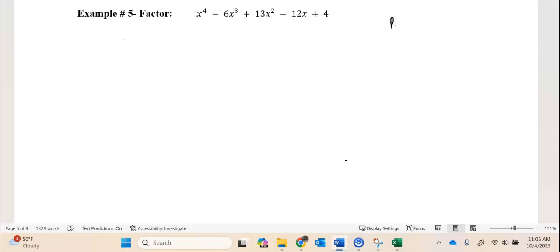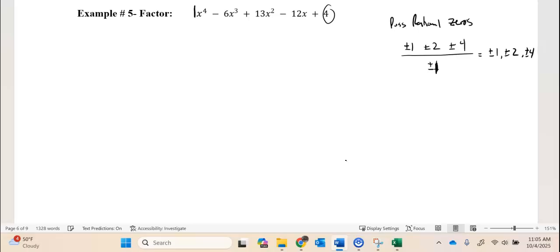So my possible rational zeros are all my factors of 4: plus or minus 1, plus or minus 2, plus or minus 4. Those are all the factors of this number. And this is an easier one because the first number is just a 1. So if I divide by plus or minus 1, that doesn't change anything up top. So it's just going to be plus or minus 1, plus or minus 2, plus or minus 4. Okay, so I got 6 potential rational zeros. So I have to do a little trial and error. So let's try